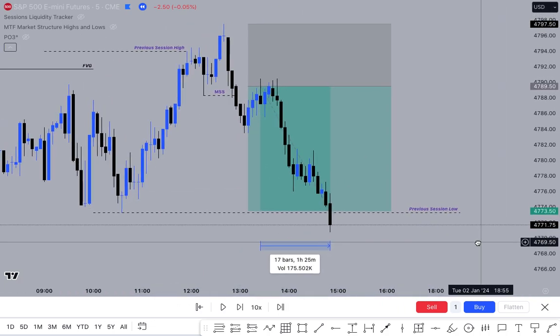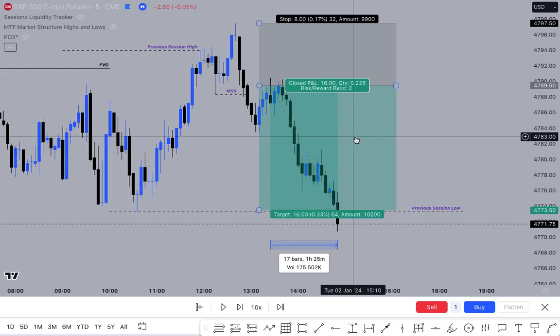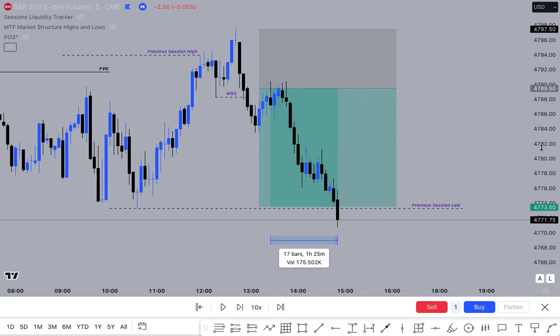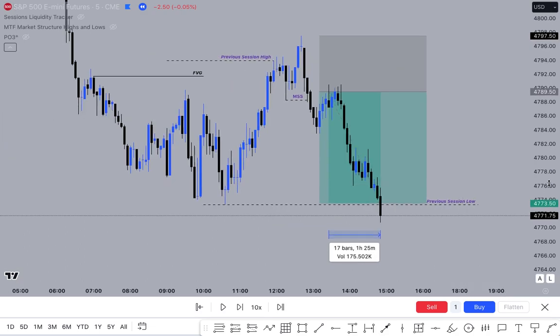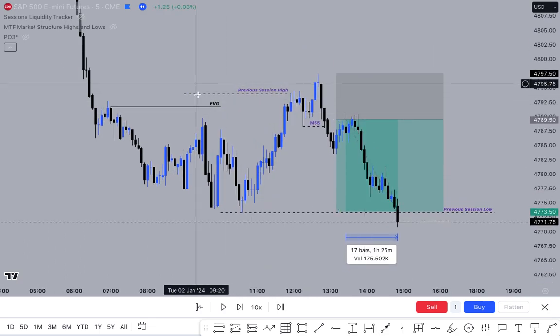This is a New York PM session market maker sell model. And we can explain what went on and what we've been through. We went daily to the 1 hour to the 5 minute. We also used the monthly candle and the monthly bias to show that our daily was in line. Okay, so we had a bearish bias on the monthly and the daily. On the 1 hour, we was just looking for some sort of liquidity purge and pull back into an area, which was our 1 hour FVG here,